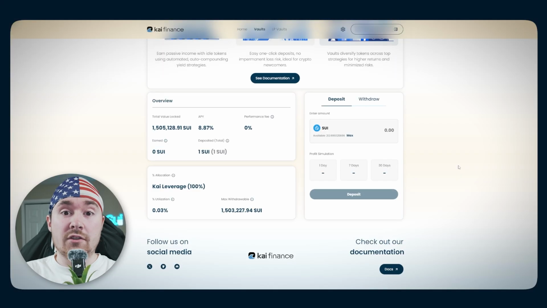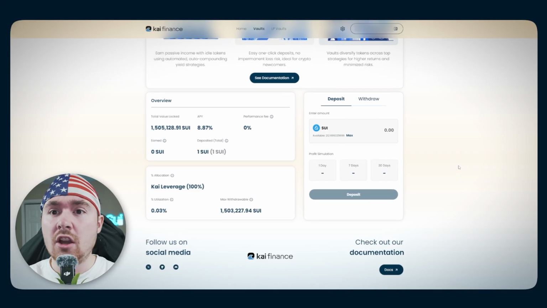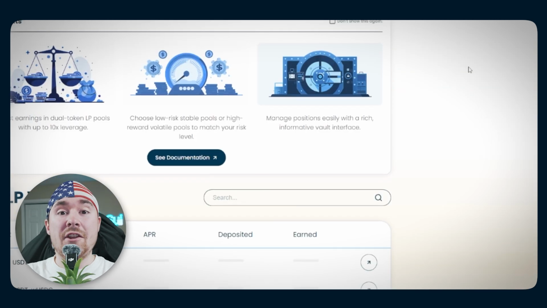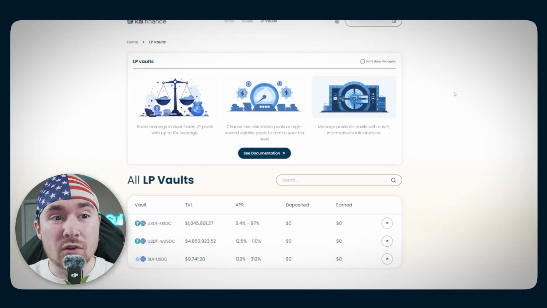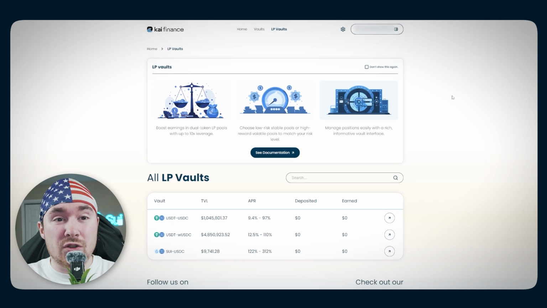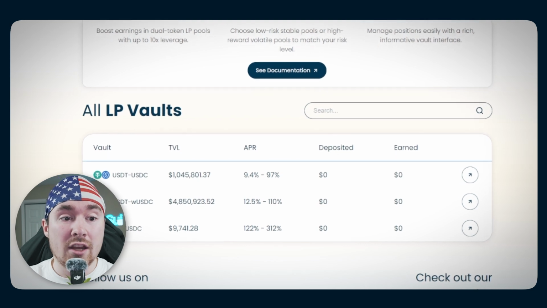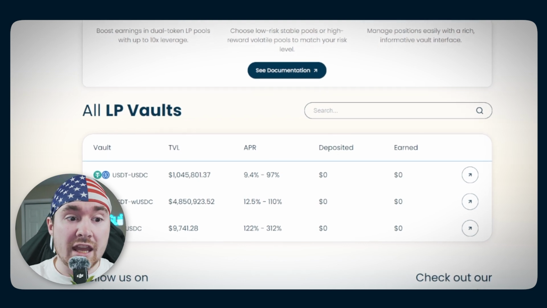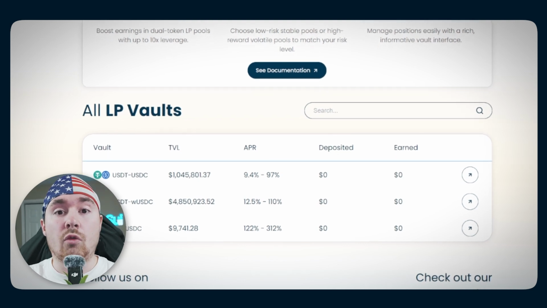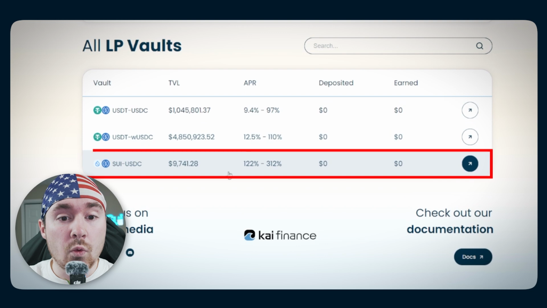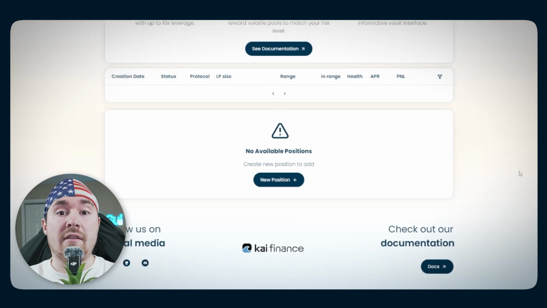Booyah! So then if you want to go back and you're looking to take out your Sui, all you have to do is just hit withdraw and you can just withdraw right there. And then let's move on to the LP vaults, or boosting earnings with dual LP pools up to a 10x leverage. So right now they have USDC to USDT, they have USDT to wrapped USDC, and then we have the standard Sui versus USDC. So we'll just click on the bottom one because that's what we have the most of,